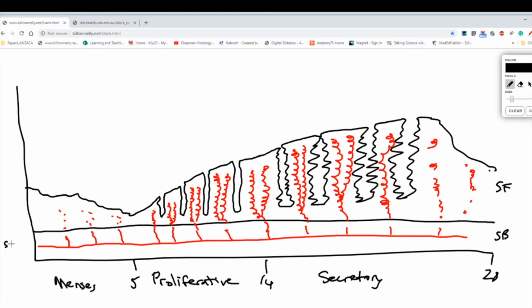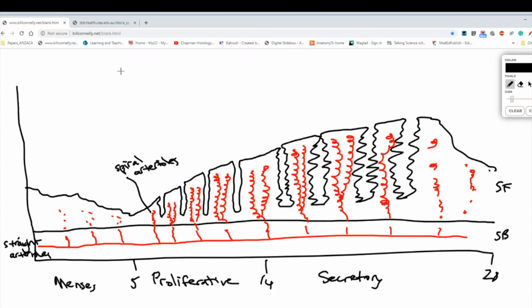So as I was saying, we've got our straight arterioles here. And then here in the stratum functionalis, we have our spiral arterioles. Okay, so what happens during this time, and again, we need to actually refer back to our previous menstrual